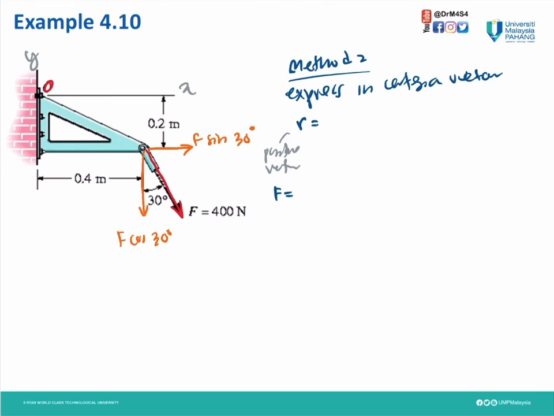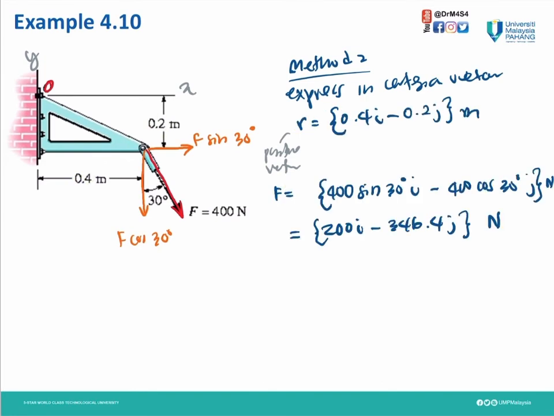For the second method, we're going to use position vector R and force in Cartesian. So we resolve our F into X and Y direction. Also, we have a distance here given 0.4 and 0.2. Then we can get our position vector, which is 0.4 I, then 0.2 J, while for our F it is F sin 30, or 400 sin 30 on I,